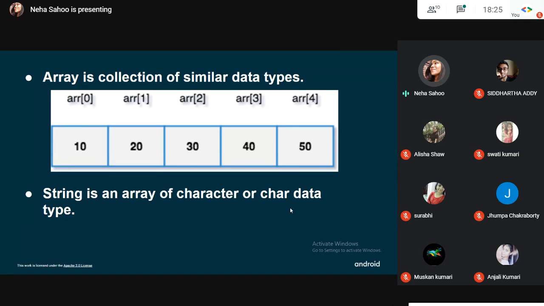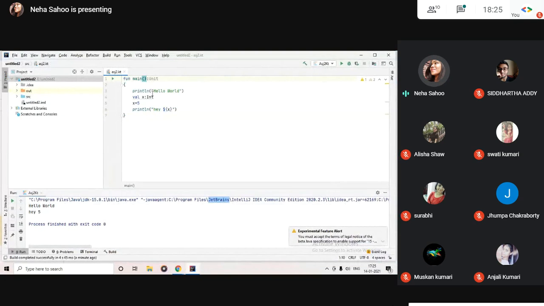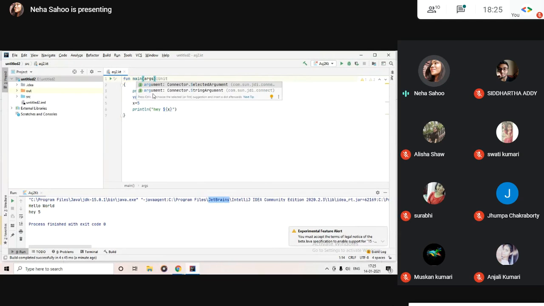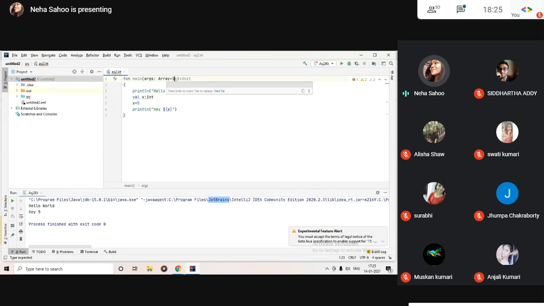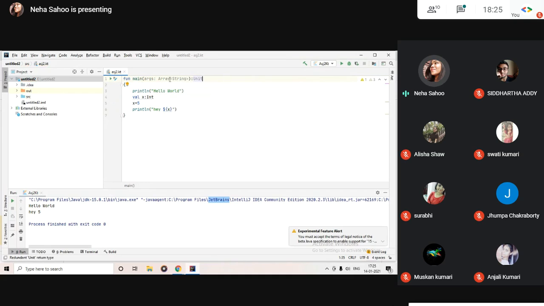So let's move back and give this Kotlin programming language a touch of Java. If you are from a Java background, you must have seen that we write String args. In this case also we can write it. How do we write it? We just write args, and then inside angular brackets we need to write String. That is why I went back and explained what an array is and what a string is, in case you were not able to understand. It will work the same way.